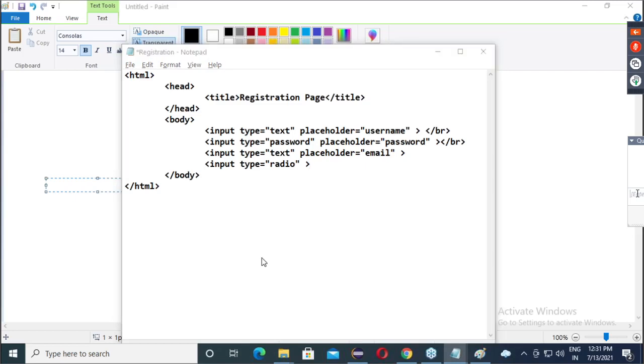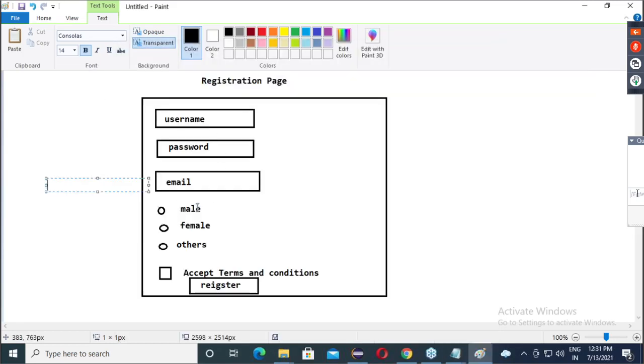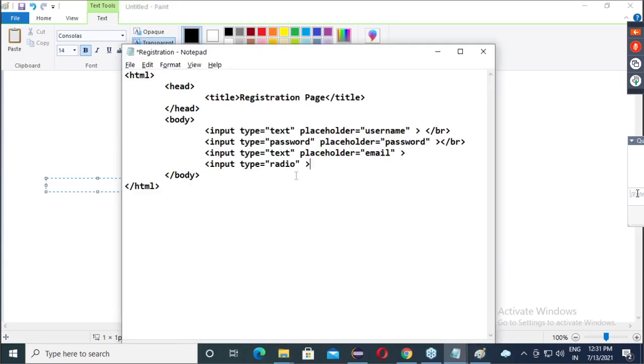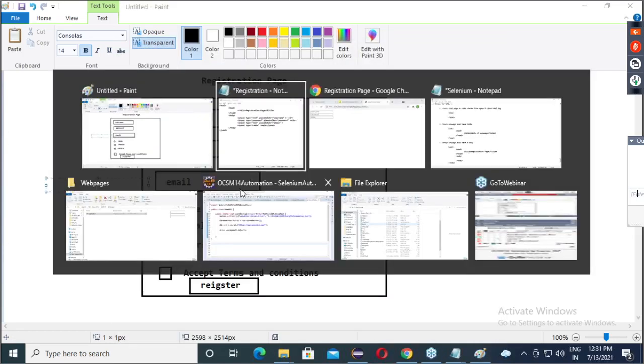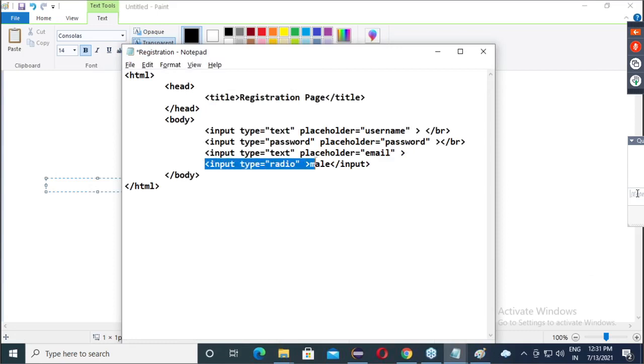Now guys, tell me, we want this text, male. Do we want the text within a button or after the button? After the button. So here we will give male. After that, input has to be closed. Okay. So finally it will come in for this radio button. This radio button belongs to what? Male. Is everyone clear?